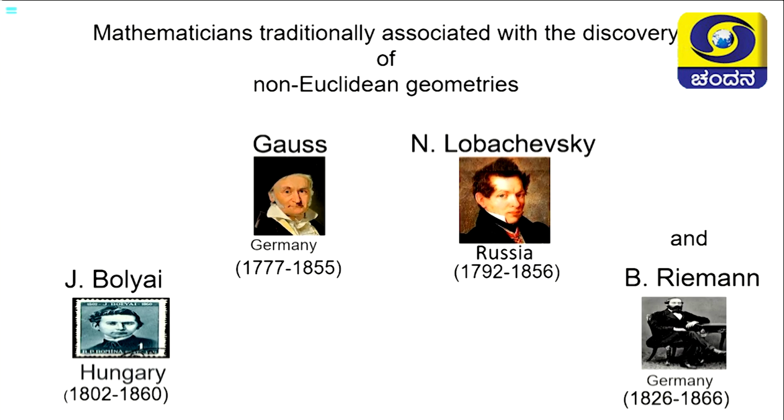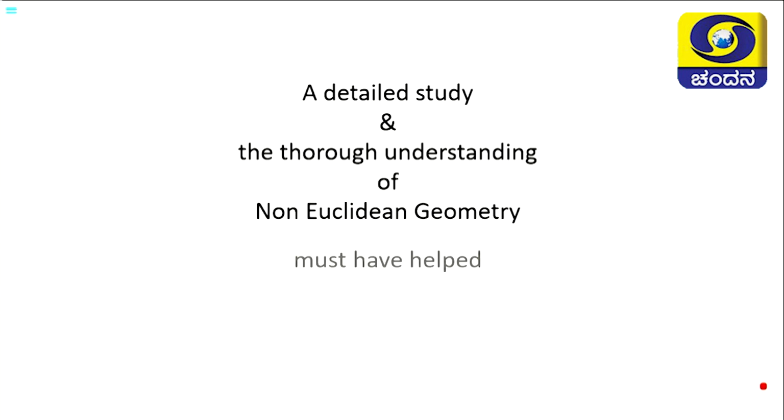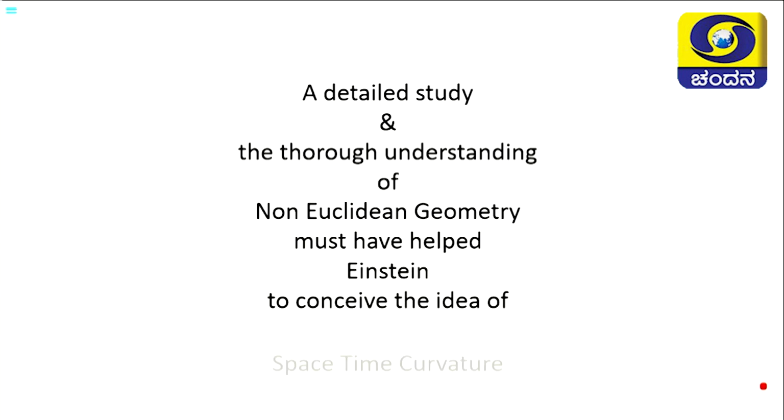These are some of the great mathematicians who contributed to the development of non-Euclidean geometries. A detailed study and thorough understanding of non-Euclidean geometry must have helped Einstein to conceive the idea of space-time